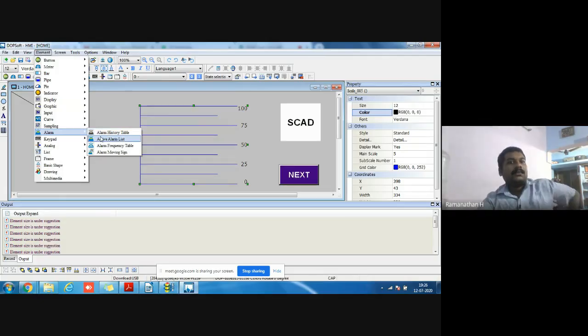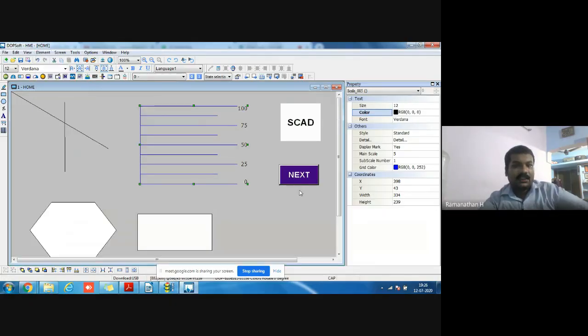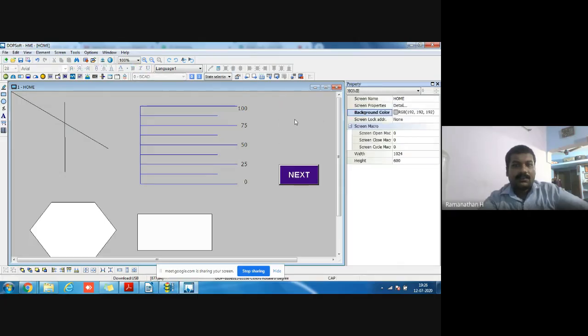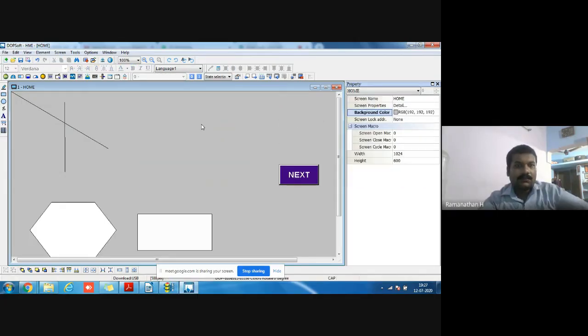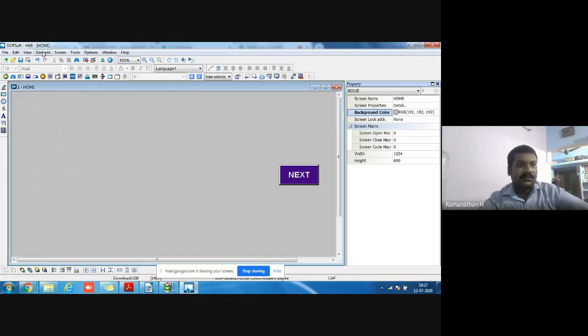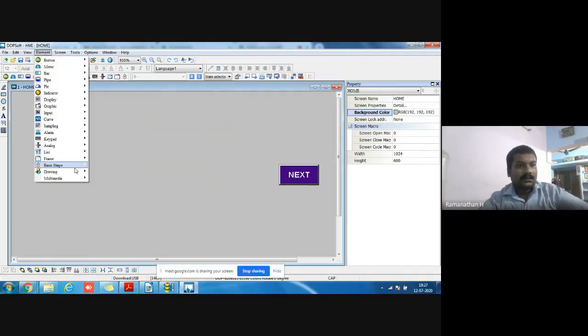Alarm means what? If anything happens in the machine or anything happens in the plant means, for safety. For example, if some of the workers are working under the machine, that time I put emergency. Emergency means I put the emergency button pressed, but that alarm must be shown in the display. Otherwise, any one of the other persons will switch on the machine while anybody is working underground, it might be an accident. Okay, so these are the alarms.